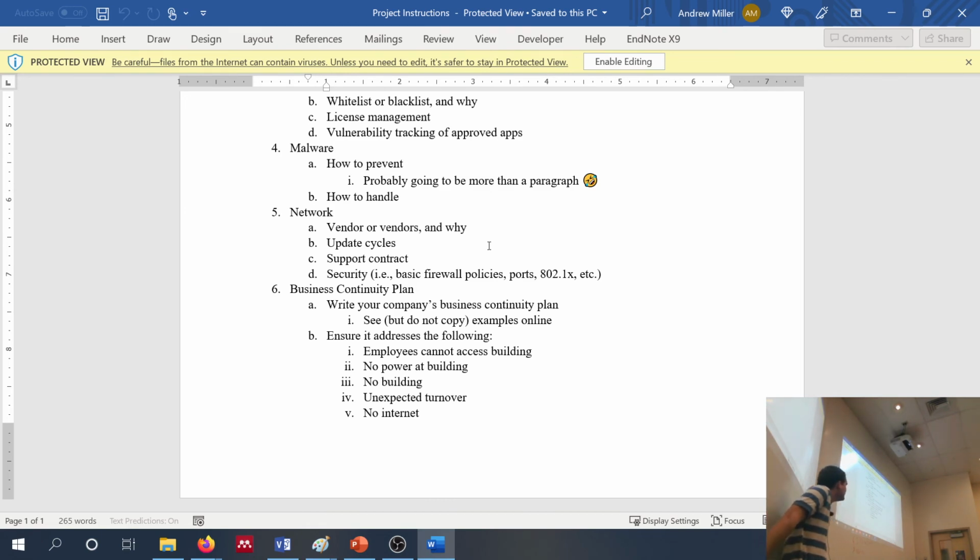All right. Then finally, you're going to give me your network security plan. So you're going to describe your basic firewall policies you're going to be using, what ports you're going to have open and closed and why. If you're going to be using stuff like 802.1x, which you should, but I'll leave it up to you. And I'll also leave it up to you if you decide to do 802.1x on both the wired LAN or if you just decide to do it on your Wi-Fi. So that's what you're doing there.